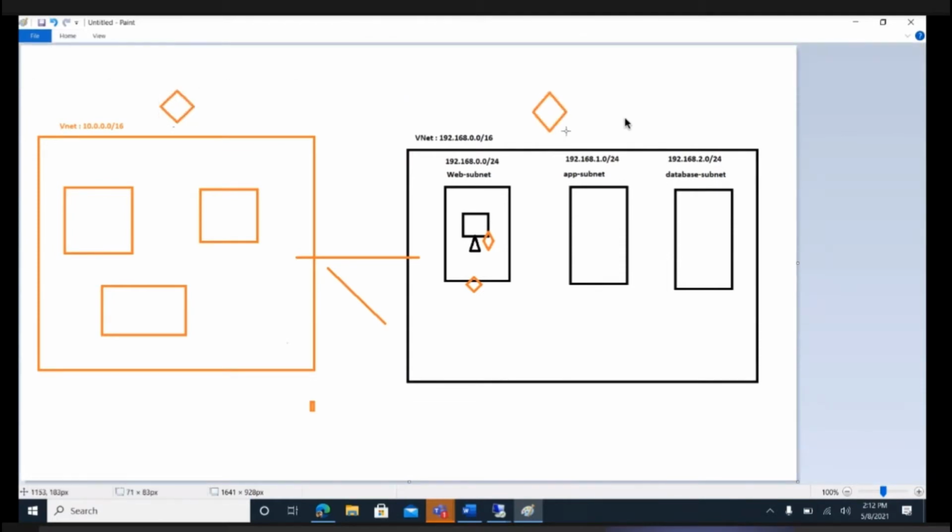So let's say you have a subscription for development. Here you have one subscription for development. This is a totally different subscription. Let's say this is owned by Microsoft, and this is owned by Google. Okay, and they want to make a communication or peering between these two VNets. So it is possible, but you need to make sure that both your virtual networks have a unique IP address prefix.